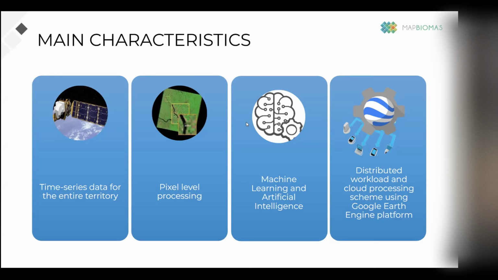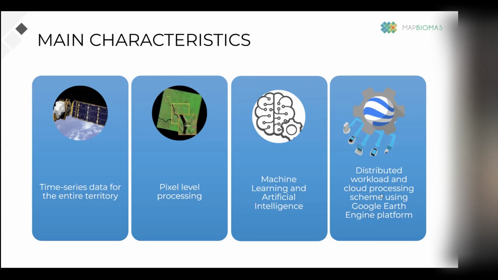Because it's so big, with a lot of countries and a lot of people working together, we can't do it by hand or just by interpreting images visually. So we need to employ machine learning and artificial intelligence. We train the computers, and the computers extract the patterns for us and put together the maps, and then we validate, we check if it's correct or not. And because there are a lot of countries doing it at the same time, a lot of people working on the same data sets, we work with what we call cloud computing.